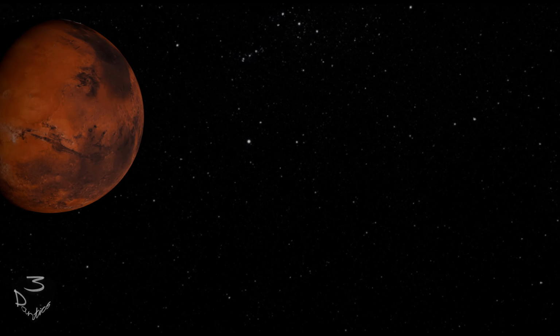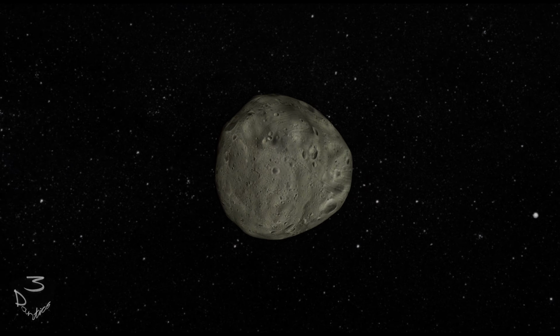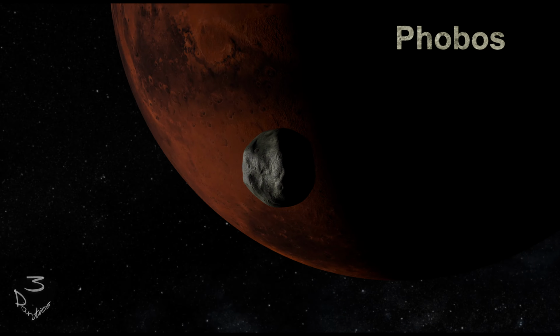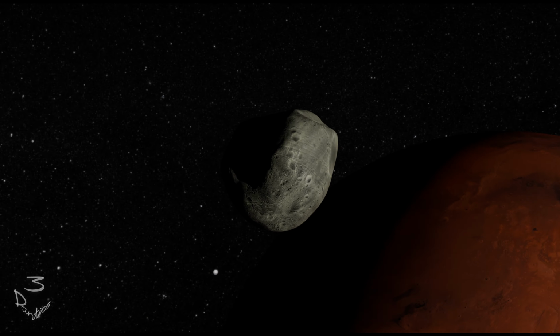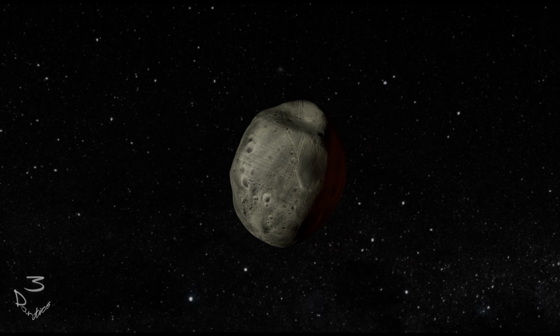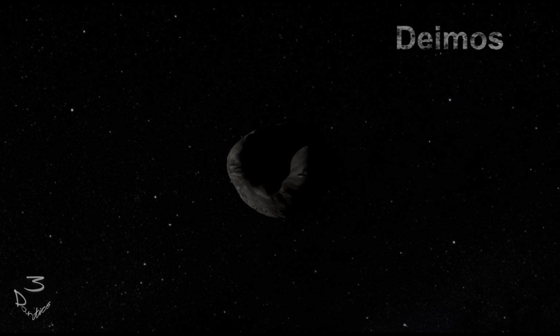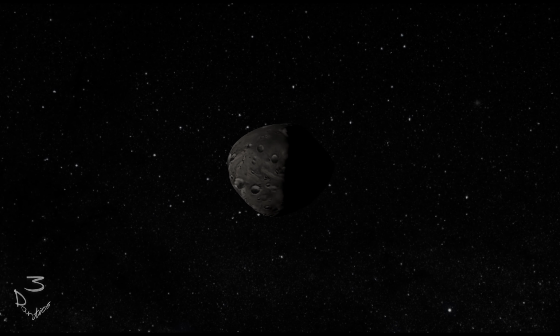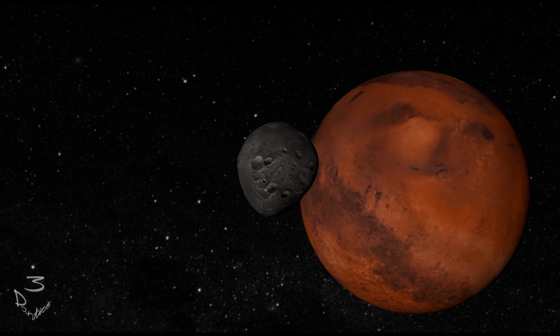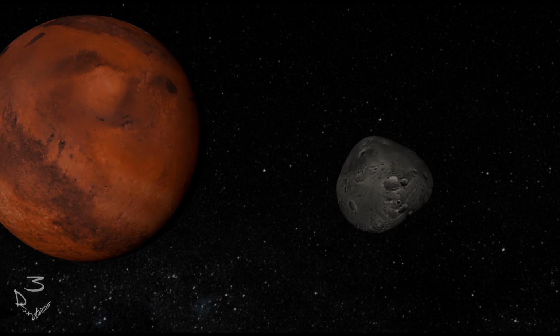Phobos has the closest orbit of any known satellite, and its largest measurement is around 26 kilometres. Curiously, seeing that if you discover things, you get to name them, all of the craters discovered in 2006 are named after things from the book Gulliver's Travels. Deimos is even smaller, with the largest measurement of 16 kilometers and a gravity so low that if you stood on it and jumped off, you'd disappear into space.